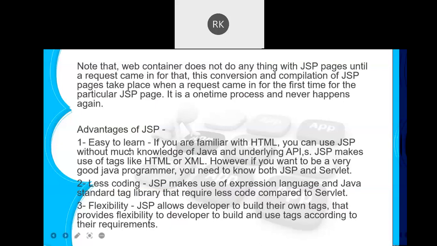So what are the advantages of JSP? It is easy to learn. As you can see, it looks like HTML and we can use all the HTML tags here. Less coding is required. There are also several predefined objects. For example, in a servlet, if you have to use a session, first of all you need to create an object of the session, and only then can you use it. Similarly, if you have to use the servlet context, you again have to first create the object. But for such things, we already have predefined objects here, and we can use them directly.